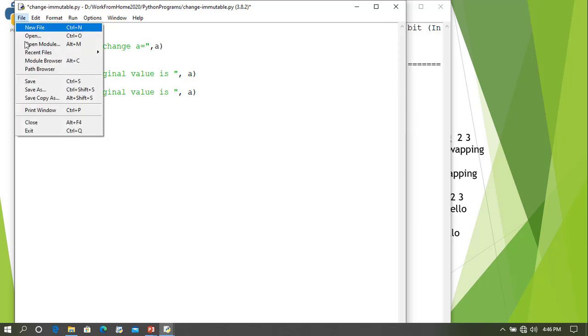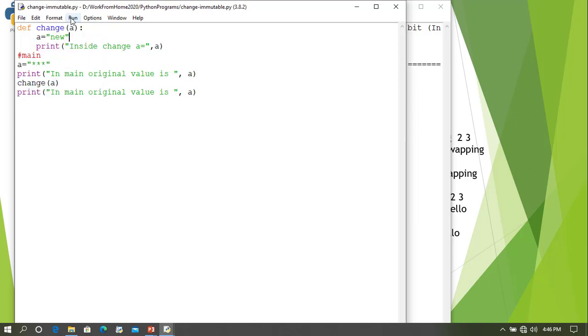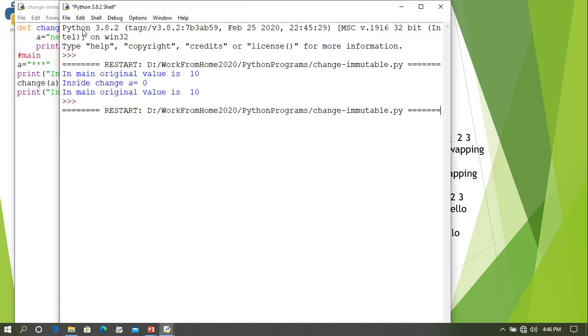Now save it and run again. In main, original value is star. Inside change, it has been changed to new, but again, since string is immutable, the original value did not change. So after changing, the value remains the same.